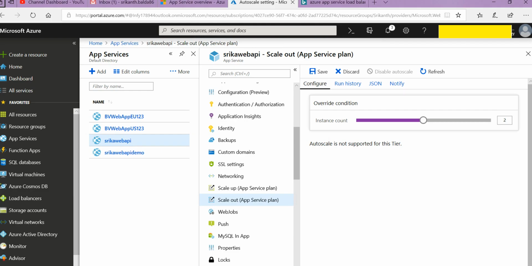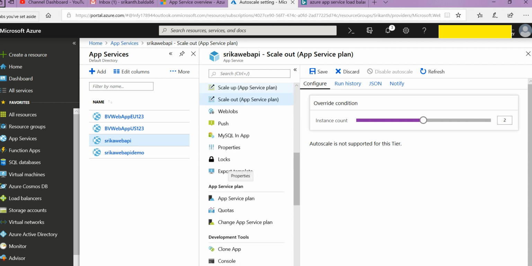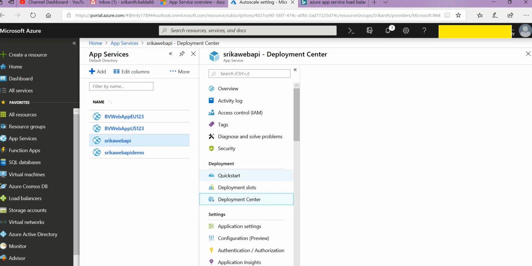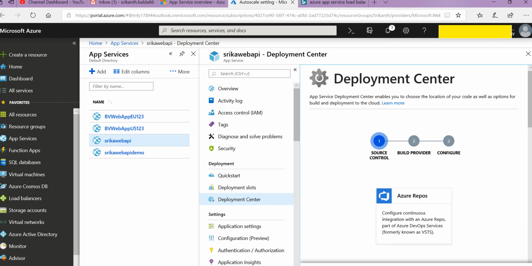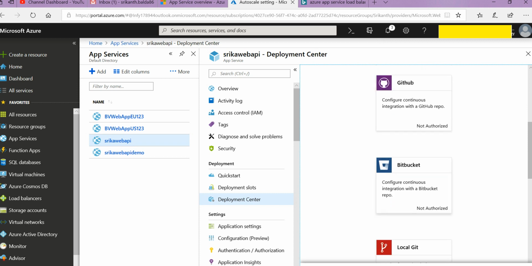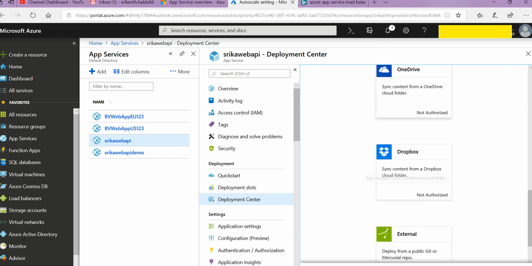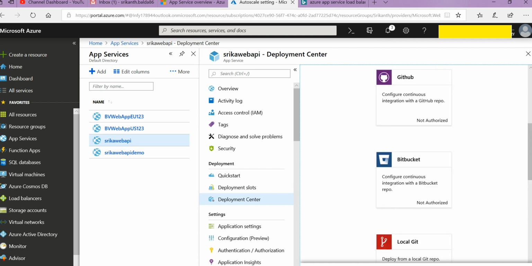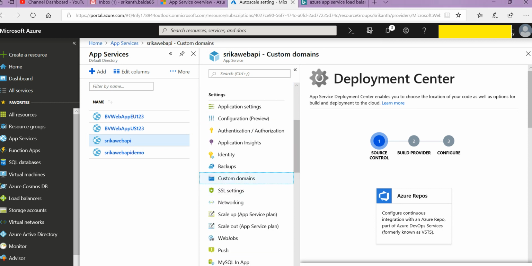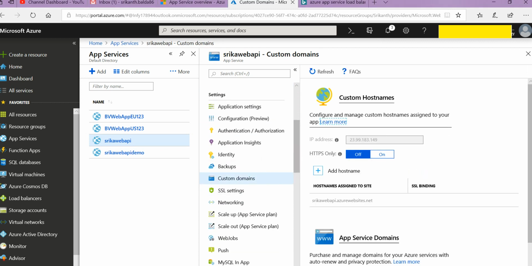DevOps capabilities. So if you see, click on the deployment center. Your source control can be configured here, for example Azure Repos, GitHub, Bitbucket, local Git, OneDrive. So you can configure your continuous deployment features, like once your build is successful, the code can be deployed to the Azure App Service. Custom domain settings. So here, by default,